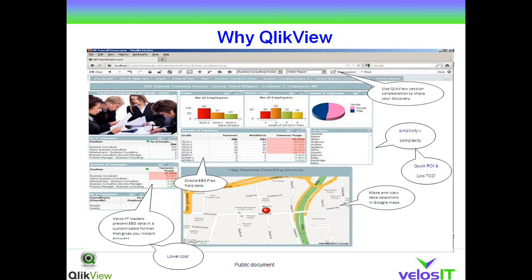So why does Velos IT work with QlikView? Well, that's pretty easy. With their experience of the other tools, we see QlikView as the easiest to use and the most flexible to use, especially as an end user. With the Velos IT loaders, you can have your eBusiness Suite loaded into QlikView within literally a day. We've also figured out how to automatically transfer over the highly complex eBusiness Suite flex fields. And there are some really neat features such as Google Maps, mashups, collaboration and mobility, most of which we'll demo